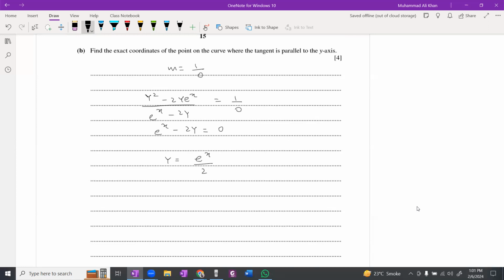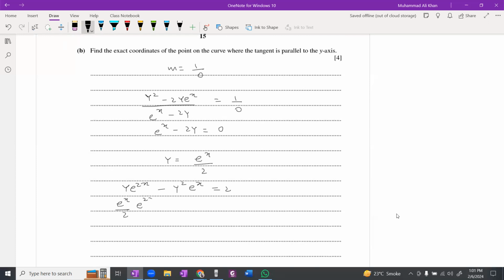So substitute y equals e power x upon 2 in the question. And what is the question? The question is y e power 2x minus y squared e power x equals 2. In this equation, substitute y, which is equal to e power x over 2. So it will be e power x over 2,